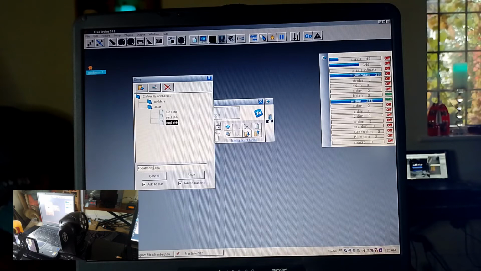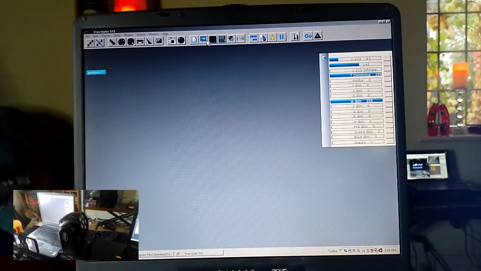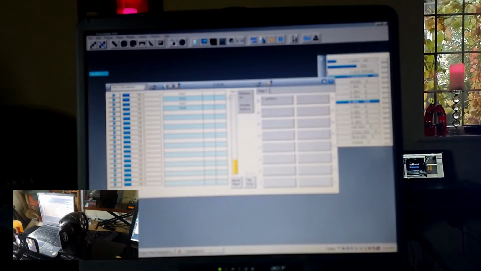Save it as 4. There we go, saved it as 4 with the typing in it. Okay, save. Close it. Okay, it's all in the sequences now. I'm going to save this cue as another cue. So we'll save cue,